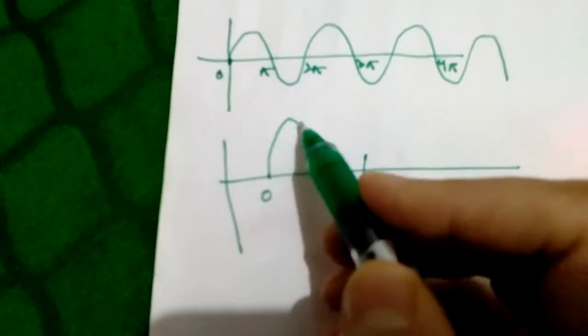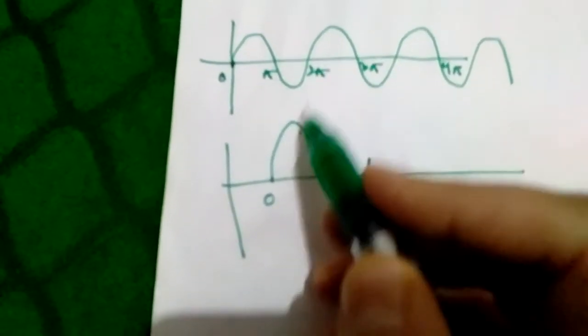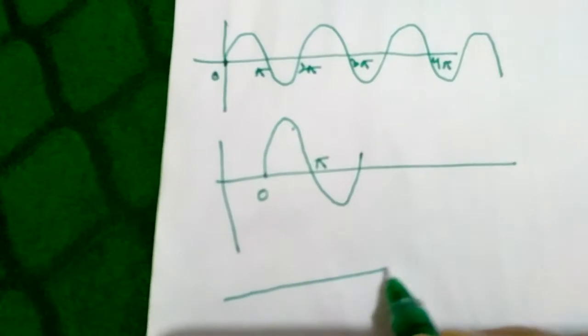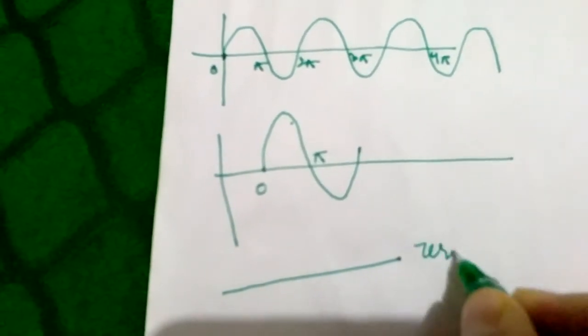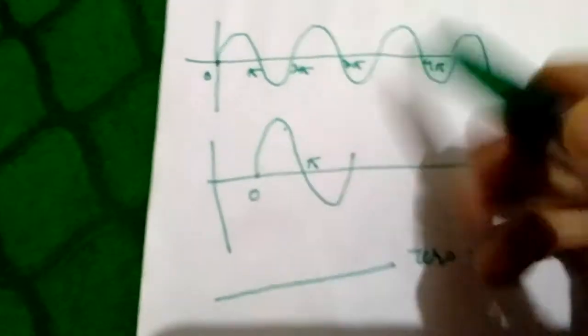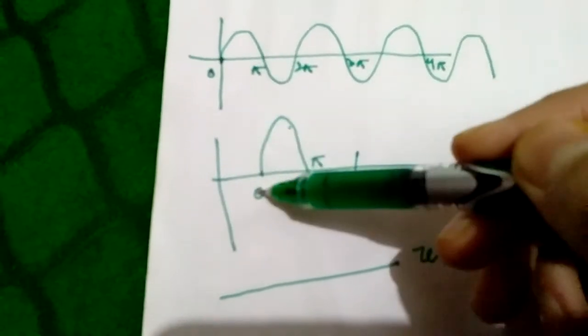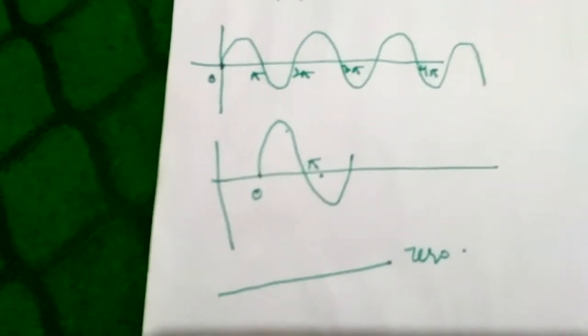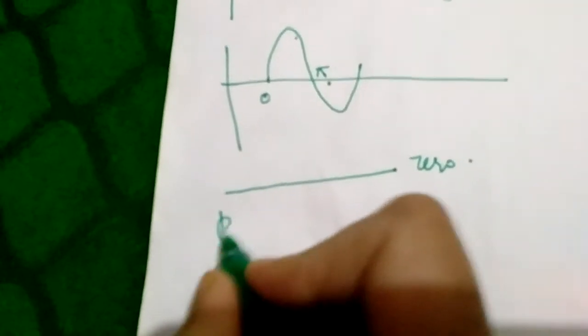The crest of one is falling on the trough of another. We know that the resultant is going to be 0. But when did that happen? It happened when the phase difference was pi minus 0, that is pi, 2 pi minus pi, that is pi. Right? So when the phase difference was